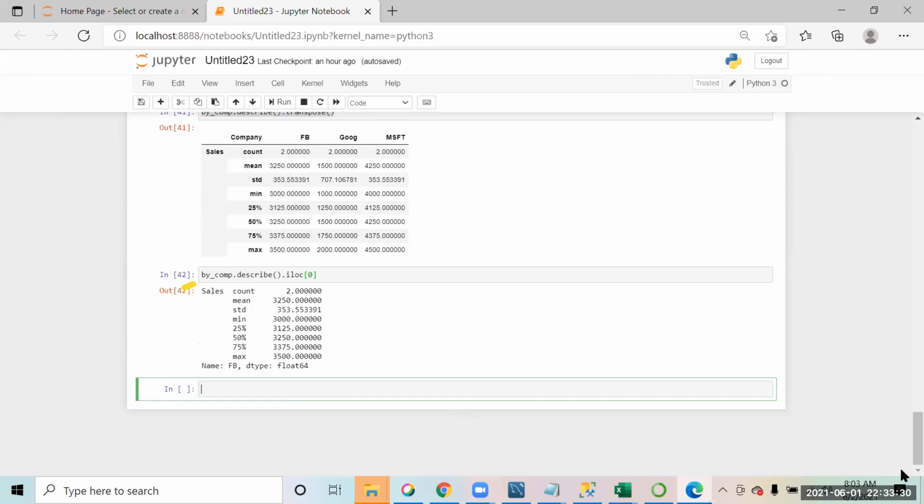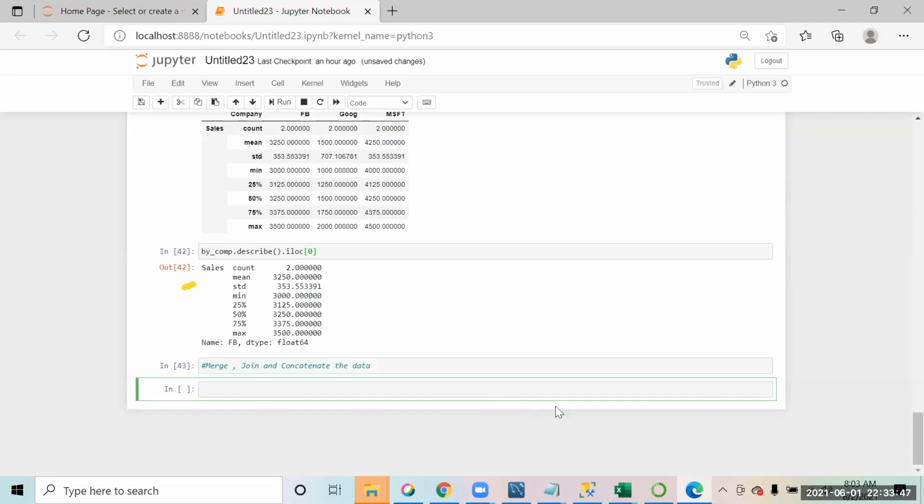So let's talk about how we merge, join, and concatenate the data. For that, let's make some data frames.